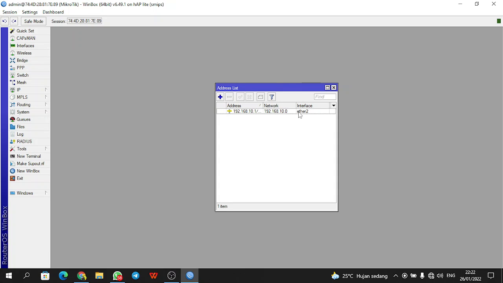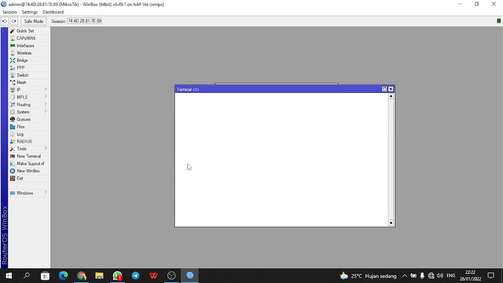The next step is we have to test whether the client and router are connected to each other or not. The way is we ping from the client to the router and from the router to the client. We can select new terminal.